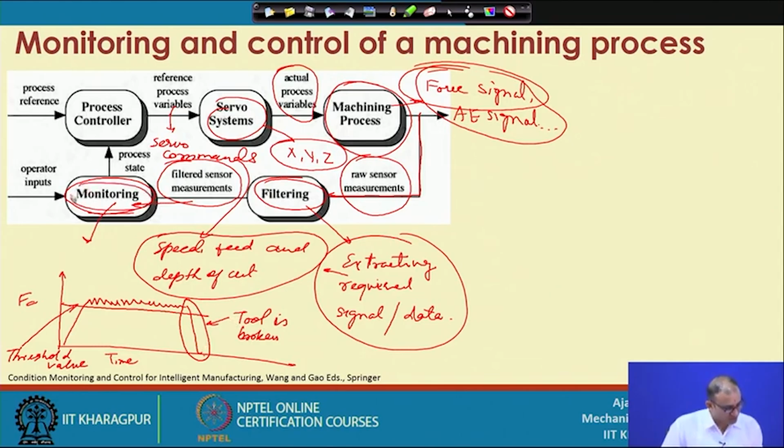So, once you get those data, this is one of the ways of doing that, or an operator will actually look into this monitoring system or whatever data you are collecting, and then according to that will again set this process controller. So, you are again refining the speed, feed and depth of cut and other parameters in such a way that you can increase the efficiency of this particular machine tool. By that way you can continuously monitor this system, and you make sure that there is no problem during the machining. So, by that way you can control the machining process by monitoring the signal coming out of the different types of sensors,